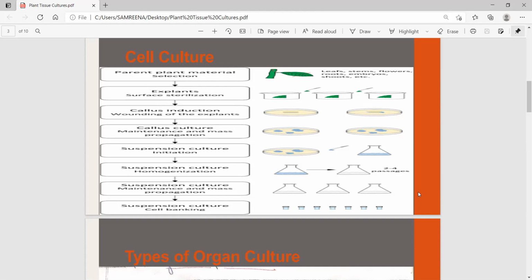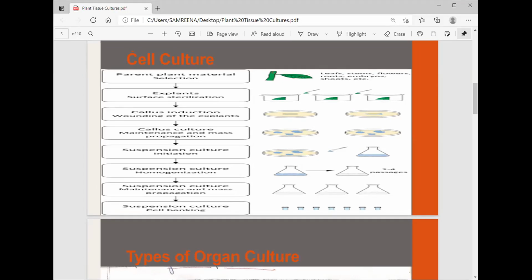Then another important function of this is the production of secondary metabolites. In case of secondary metabolites, what we are going to do, we have placed our cells in the liquid medium, where these plants continuously are growing by the metabolic processes. During these metabolic processes, these plant cells are able to secrete out their secondary metabolites as well as primary metabolites.